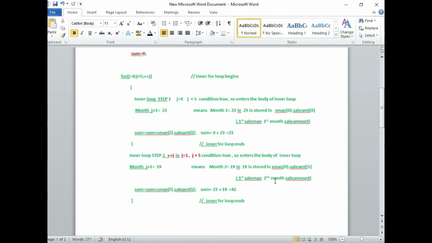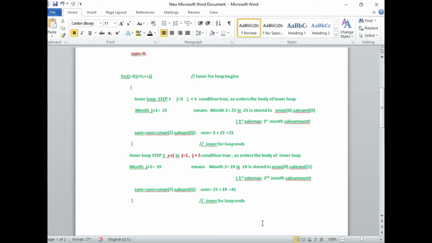What is the meaning of that? First salesman's second month sale amount. Immediately in the next statement, that value is added to sum. Sum previous value is 23, so 23 plus the present value 19.